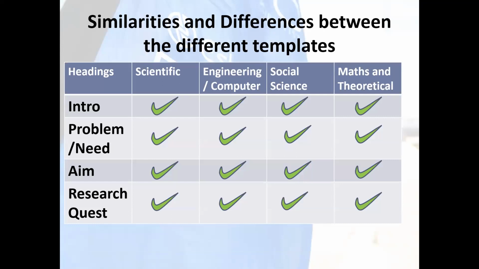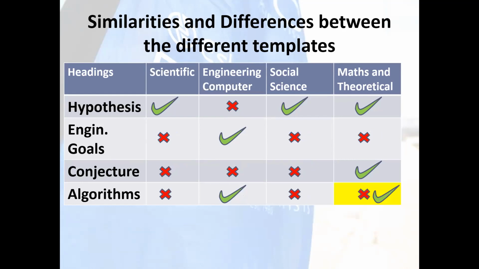Okay, so I just want to do a quick comparison of the templates, right? Of the 4 templates: scientific, engineering, social science, and mathematics. You'll find all of them have an introduction. There's a problem or a need. Specifically for engineering projects, Nico will be doing engineering projects tomorrow, and he'll talk to you about writing a need for an engineering project. So all of these 4 types of projects have an aim, they have a research question,